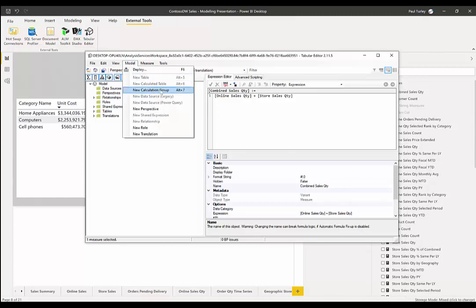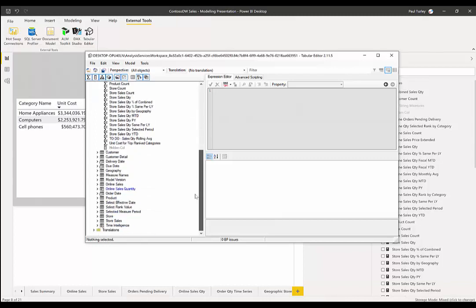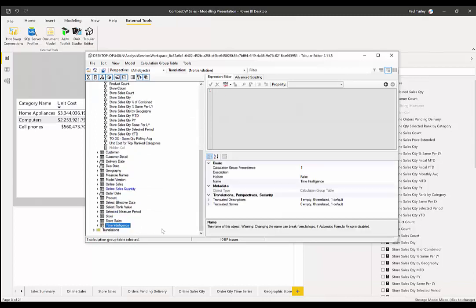Now, I've created a calculation group here that I call Time Intelligence, and you will see that that actually generated a table. So when I created this calculation group, it generated this table in my model.